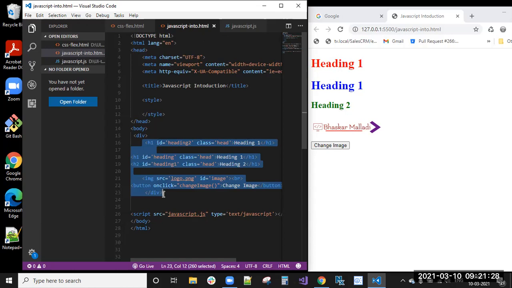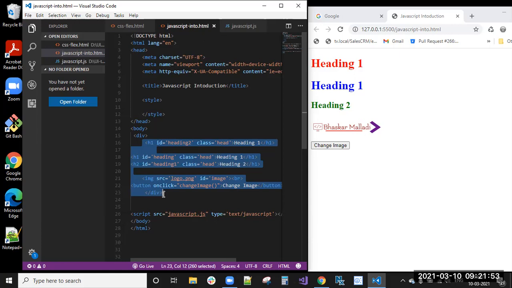The second and third you can change by using the class name. Okay, document.getElementsByClassName. And the 4th and 5th you can change by using the tag names. Like that you can take 5 H1 tags and change the content, and you can apply 5 different colors for the 5 different H1 tags.